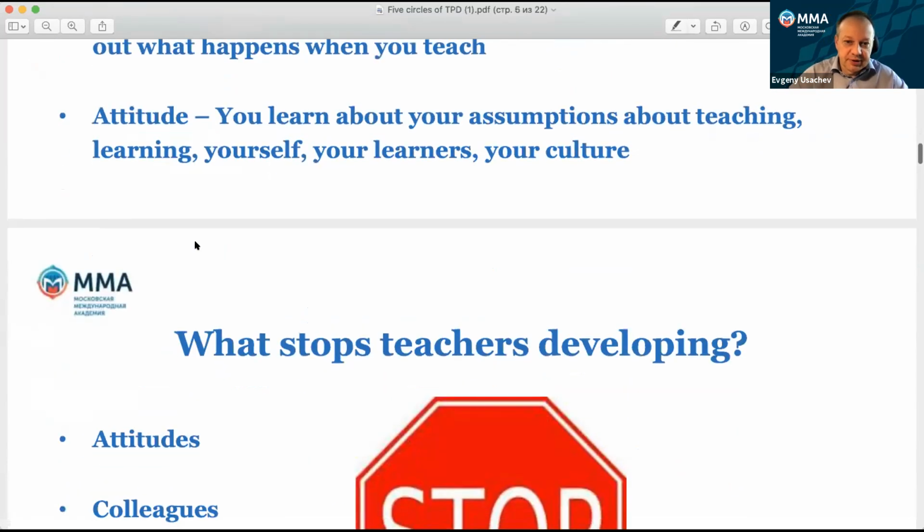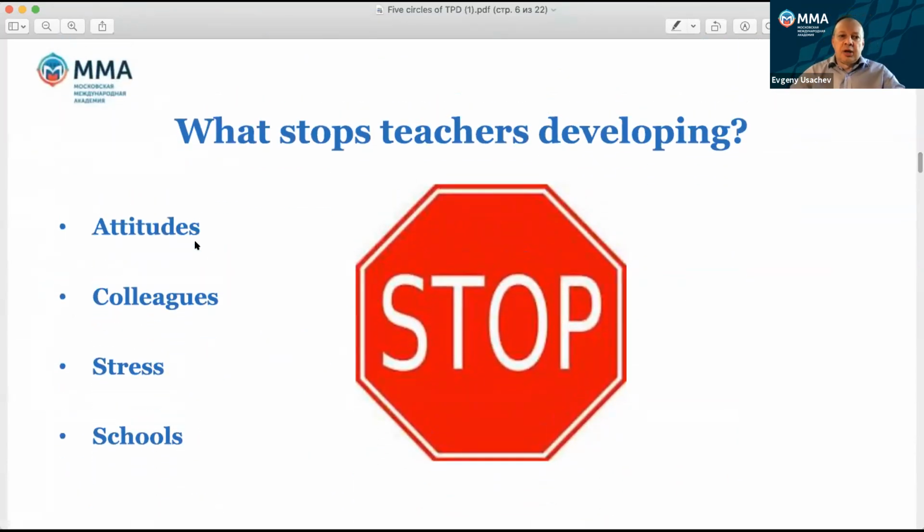Different areas for development. On the next slide, you see 4 general reasons that stop us from development. For instance, there are these 4 you see on the slide. First, attitudes. First of all, it may be our own attitude that sometimes we're a bit lazy or overloaded with our teaching, things like that, or maybe some paperwork, and that's why we don't have this mood just to develop, right?